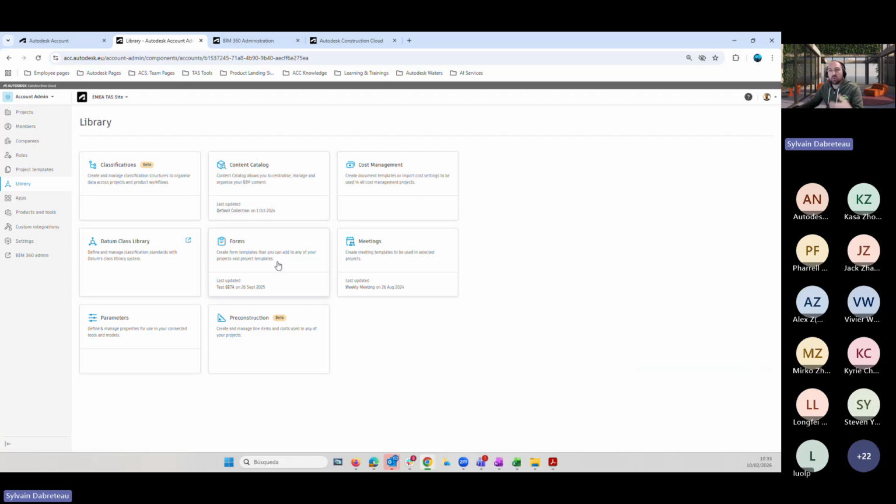With the forms library, we create as many forms as we need, and then we dispatch those forms into the different projects where they're going to be used. Or meeting templates. When we create a meeting, instead of starting from scratch every time, we would have meeting templates available here, that we can dispatch again to the project, and the different parameters and pre-construction. All of this is for account administration.